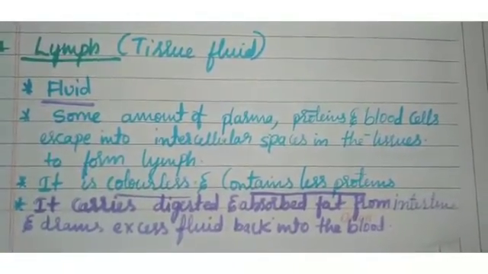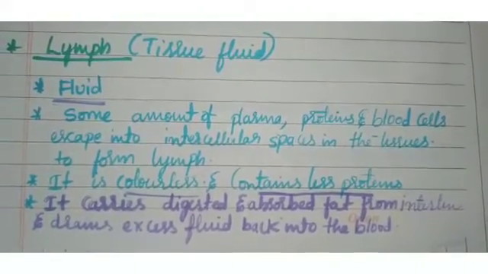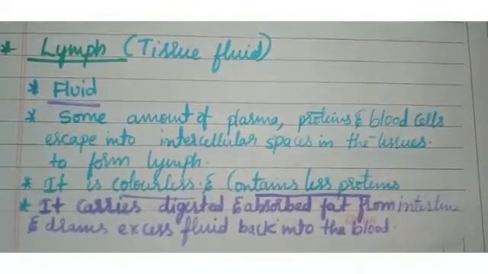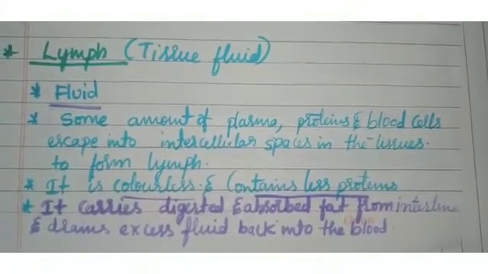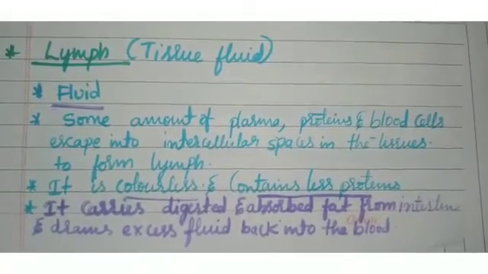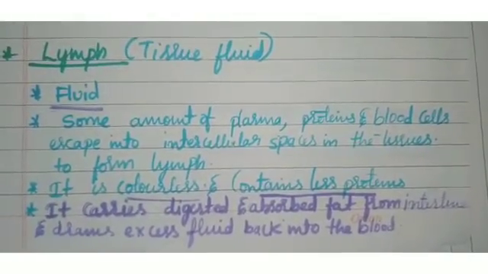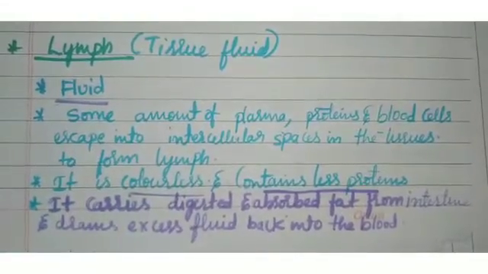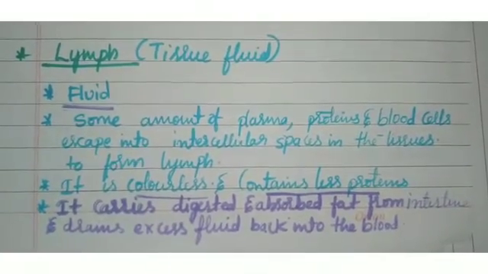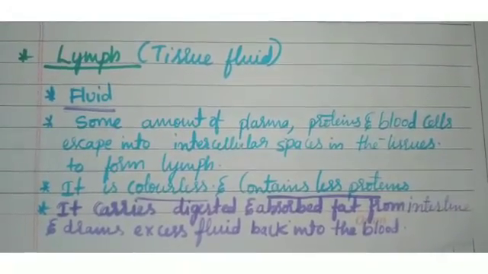So what we have discussed, students: the transportation system, what it will transport, and also blood cells, blood vessels, heart and the lymph, right? We know the different components of blood: RBC, WBC, platelets and plasma. Among blood vessels, arteries, veins and capillaries, and we know their functions. We have also learnt how the heart pumps the blood. And the last one is lymph, the tissue fluid, how it is formed and what its function is. So this is about transportation in human beings. I hope you have understood. Thank you, children.